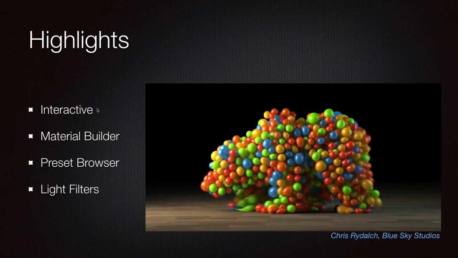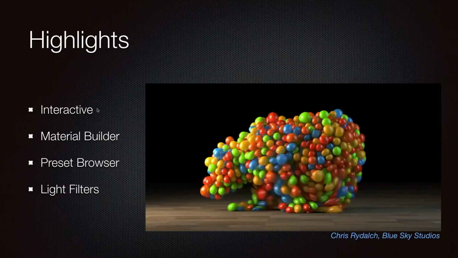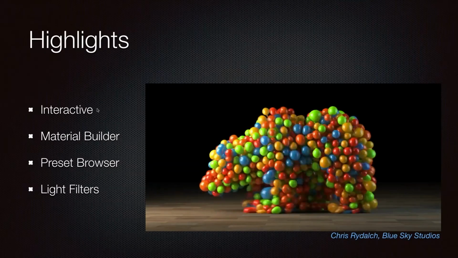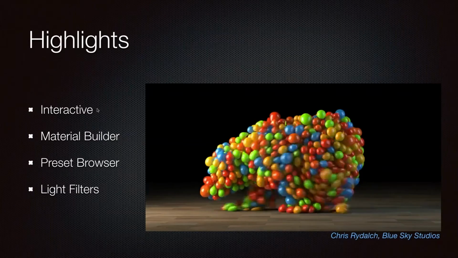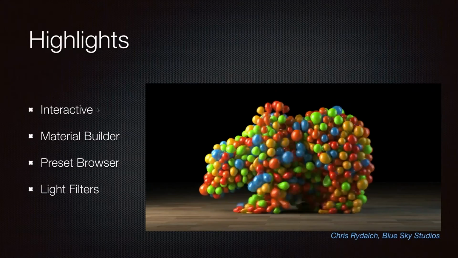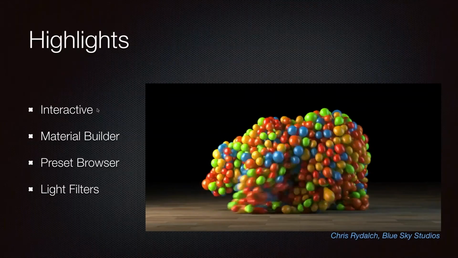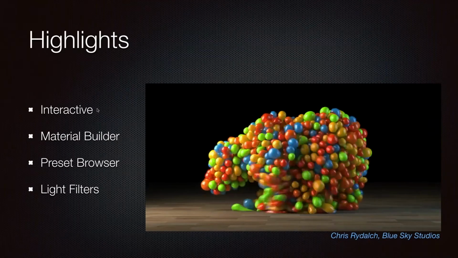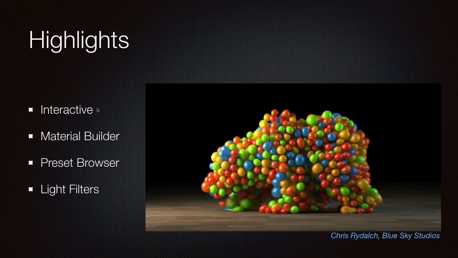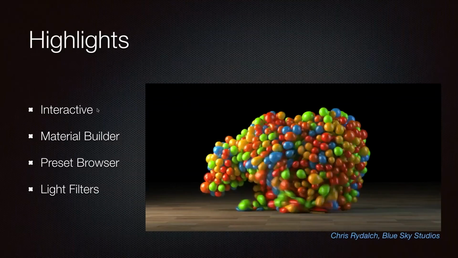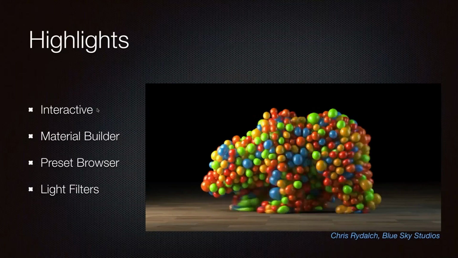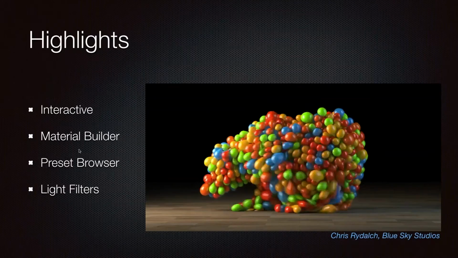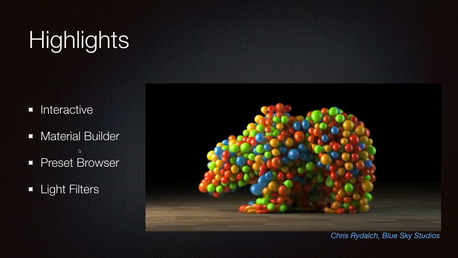Material Builder is one example of this sort of intuitive workflow that I was talking about. A Material Builder is a way of setting up materials with the shading networks that are in Houdini. And we wanted to provide a way of doing that with RenderMan shaders. And so we created a Pixar Material Builder that works the same way as the one that's currently in Houdini. And then preset browser and light filters, which I could talk about, but I think would be better just to